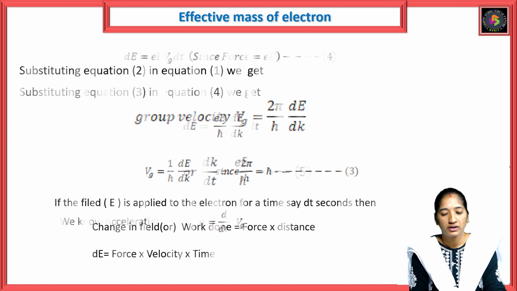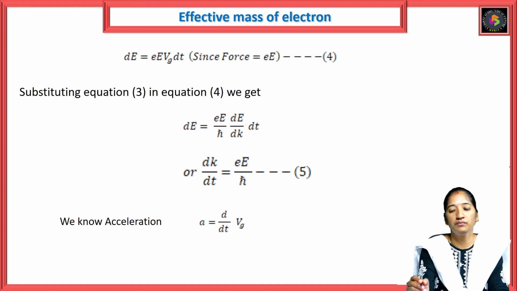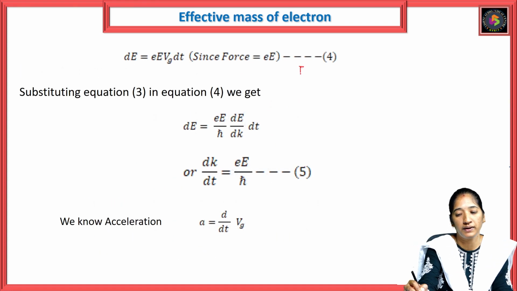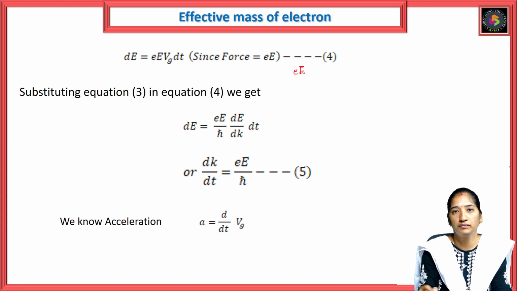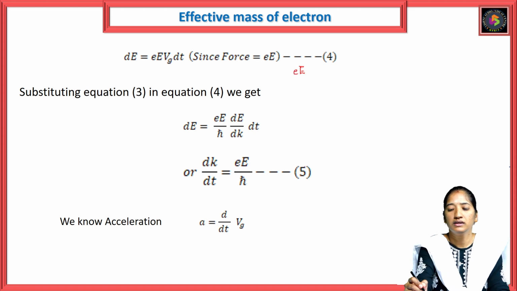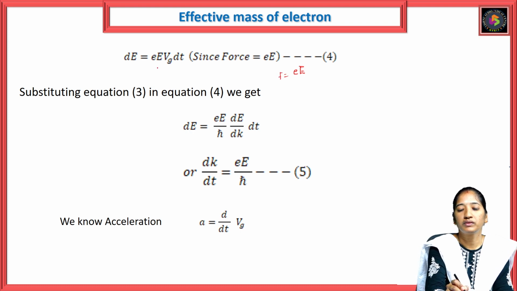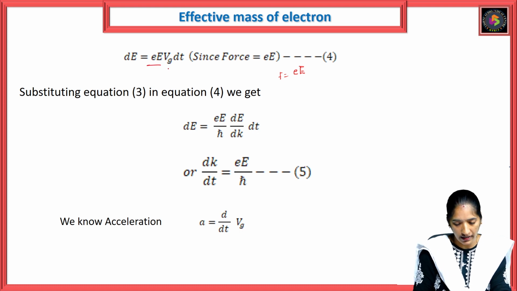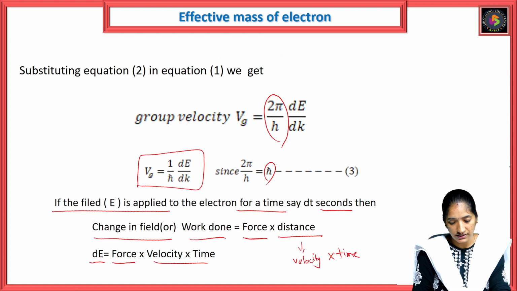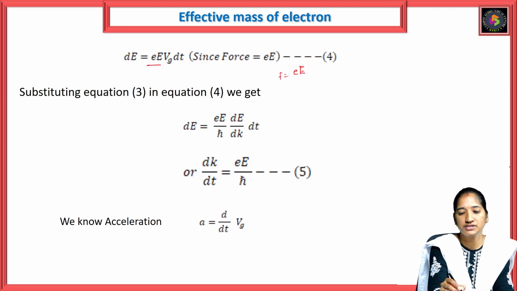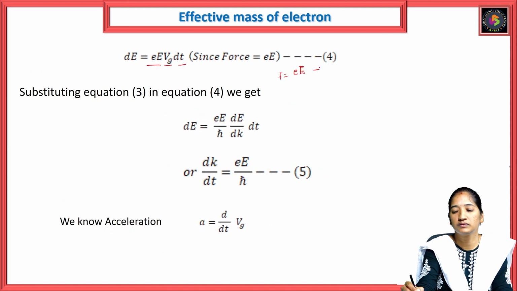Velocity into time. So how much force are we applying here? Here we are applying the applied field, and the electron has some charge. This is how much force we are applying. So F is equal to E into E. E is equal to force and velocity into time. Velocity is Vg, the group velocity, time, force,